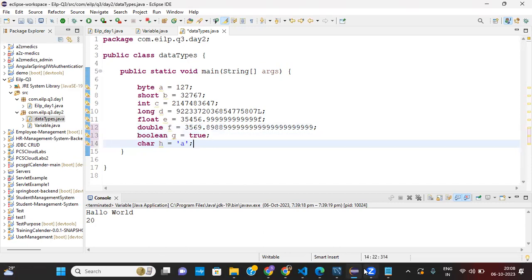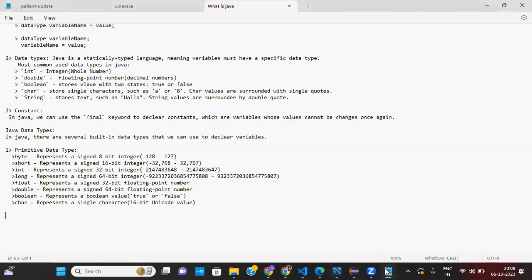Now coming to non-primitive data types. In non-primitive data types we have string and array. So there is primitive data type and non-primitive data type.